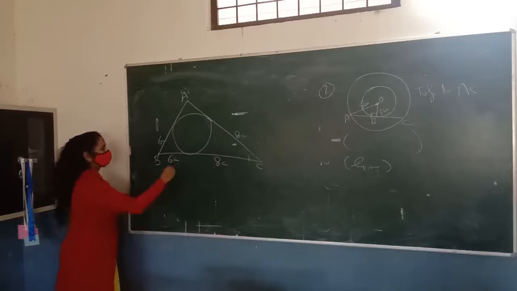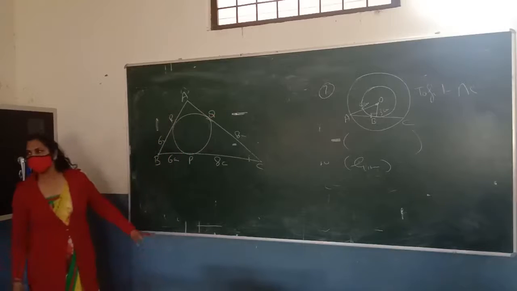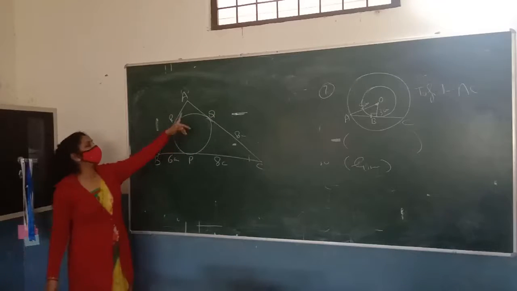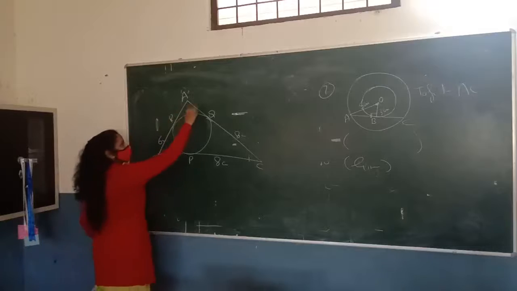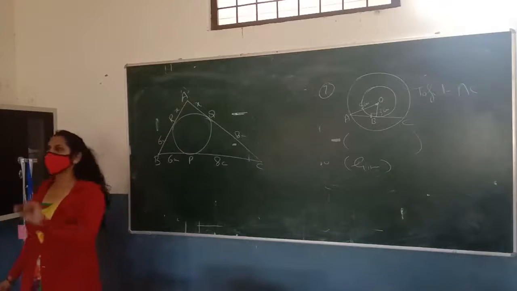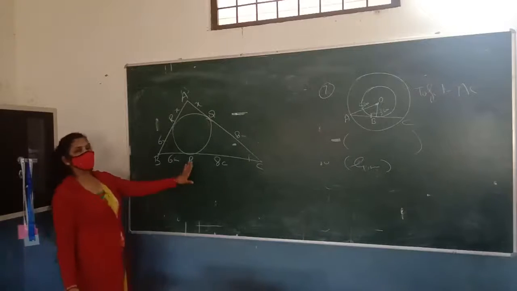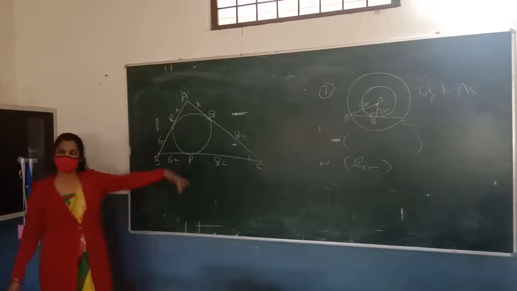So suppose we are taking the points P, Q and R. I don't know what are the names of these points, so I am taking P, Q and R. So suppose AQ is X. So the AP, or AR, will also be X. We have to write the theorem. Tangent from the external points are equal in length. Now just try to understand the question. Then after that I will write all the answer.